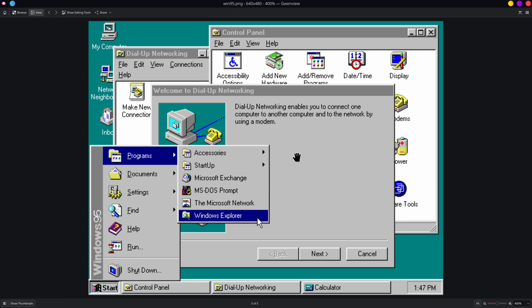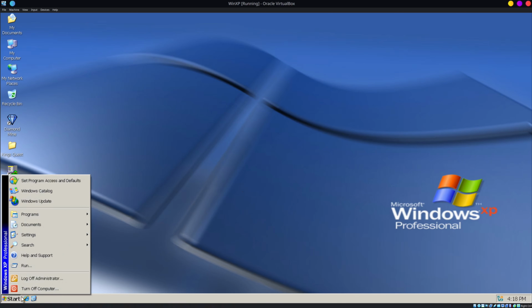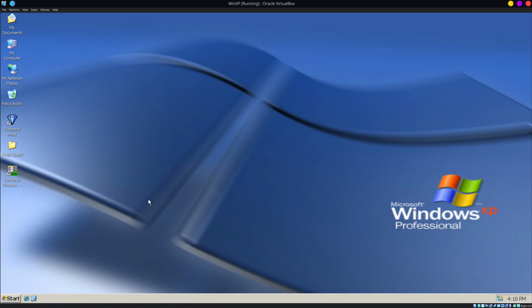And I liked Windows 2000 based on NT. There was no more DOS at that point. Very stable, very easy to work with. I liked the quick launch. And then, of course, we got the big kahuna, which was Windows XP, which we had forever. And many of us still run Windows XP virtual machines just because there's older software that we want to run. And that's why I have an XP virtual machine myself, is I've got some older pieces of software to run.